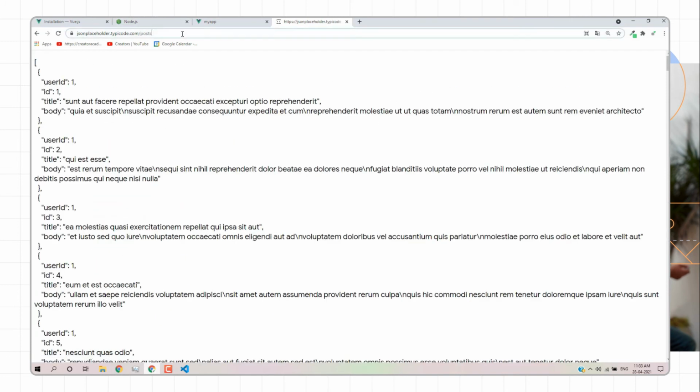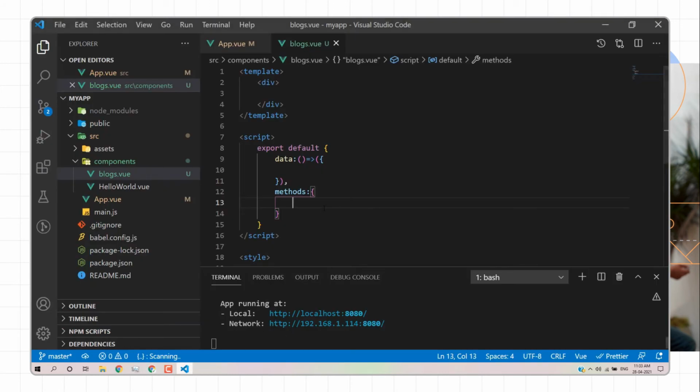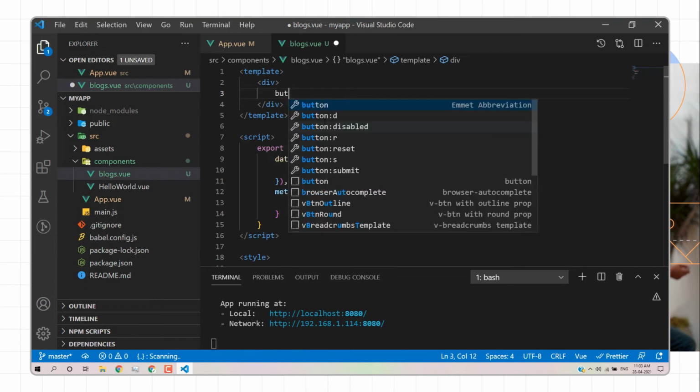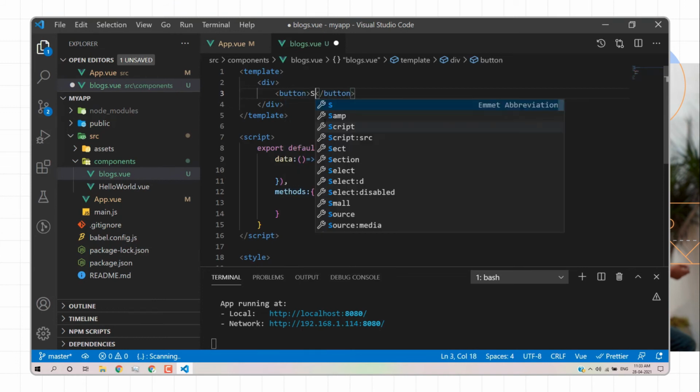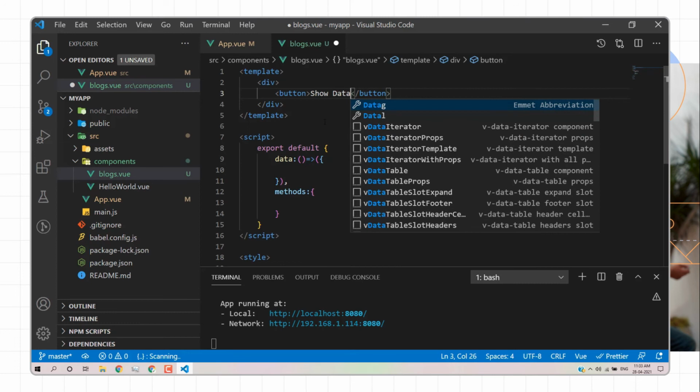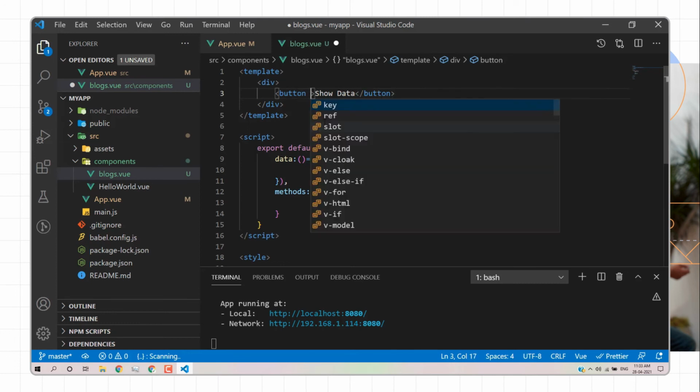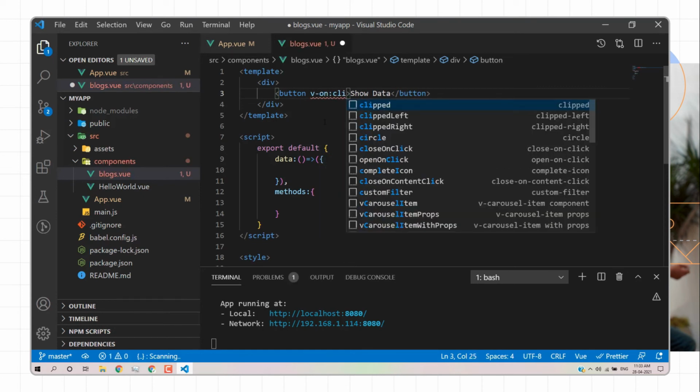The button is for show data. We need to perform an action when we click on this button, so we use v-on:click, and define showData as the method name.